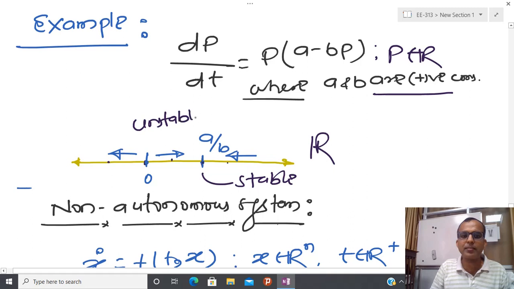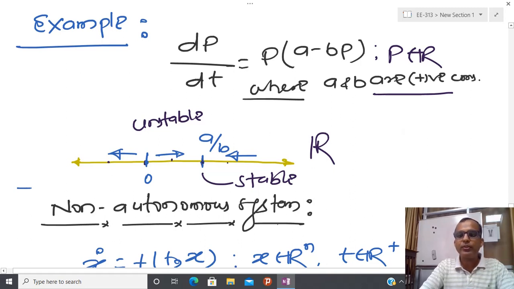So from this particular geometrical representation, you are also able to see that if I have an isolated equilibrium point, then it might be possible that some isolated equilibrium points are stable and some may not be stable. Stable means if you start nearby this equilibrium point, then you are going to converge. But be careful, if you start exactly at this equilibrium point, you are not going to move. So either you can start from a stable point, or at a stable point you are going to stay there forever.